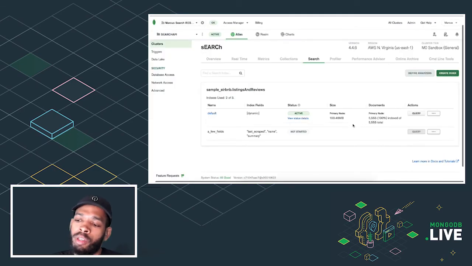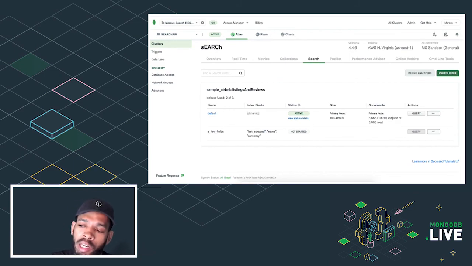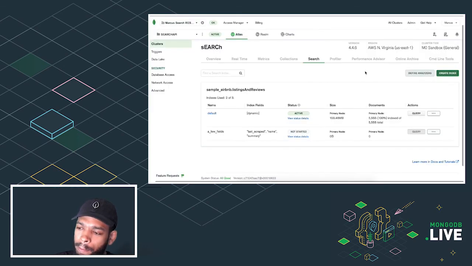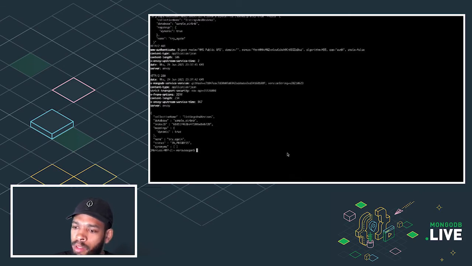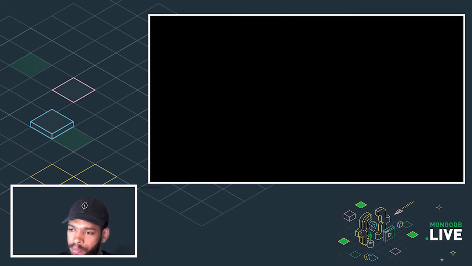So I think this looks good. We're all set. So now I'll show you what it looks like to create one of these indexes with the API. We don't need this one anymore. And this is what it looks like.